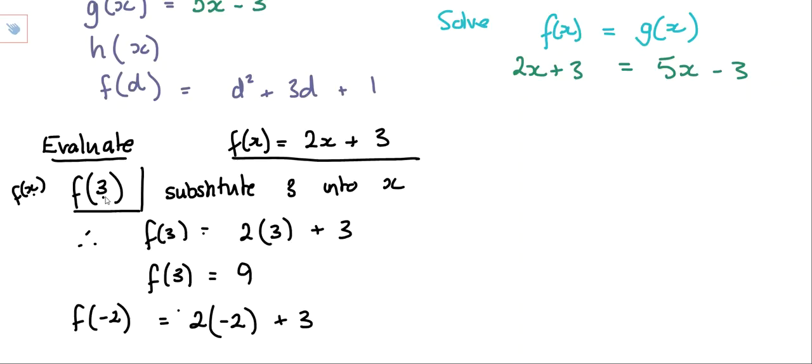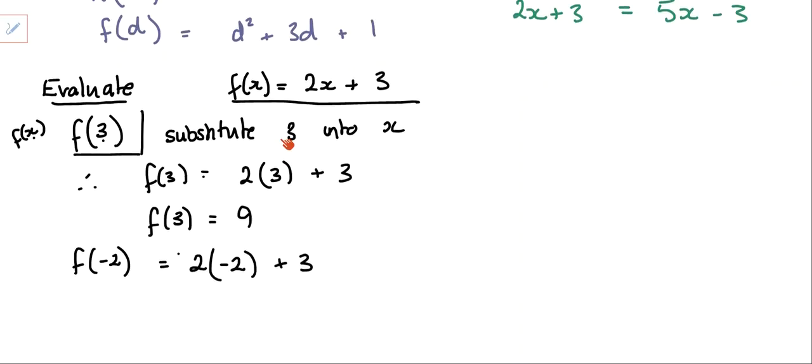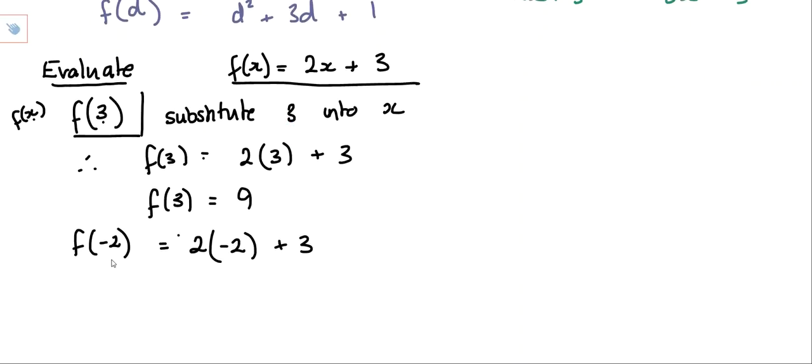Yes. So the finishing answer would be f of 3 equals 9. Yes. And what about this one? So f of minus 2 would equal? Minus 1. Negative 1. Okay, negative 1. All right. Make sense? So it's just